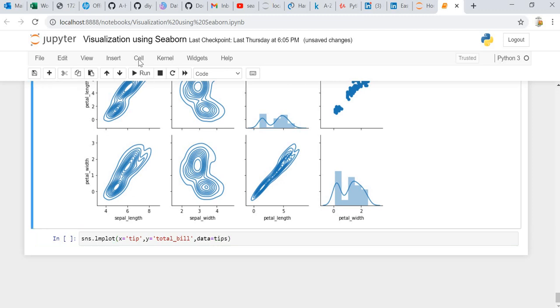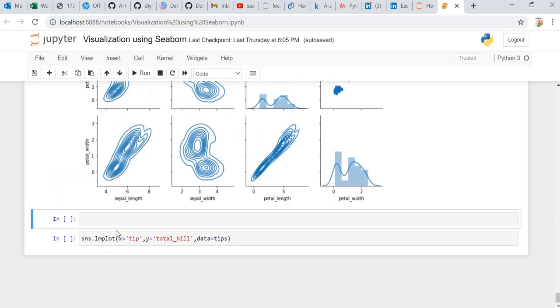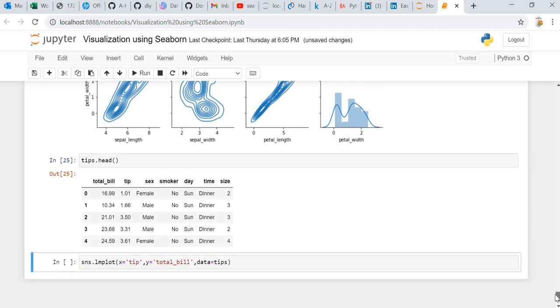Before this, let's see the tips data set that we had. So tips.head, we have the tips data set. Here we have total bill and tip available. If we want to create a linear model plot based on the total bill and the tip, and see the correlation between them, we can do it using the lmplot.